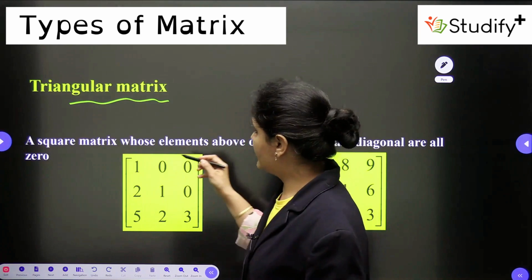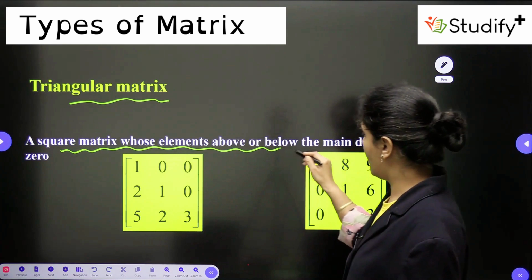Okay. Now what is a triangular matrix? A square matrix whose elements above or below the main diagonal